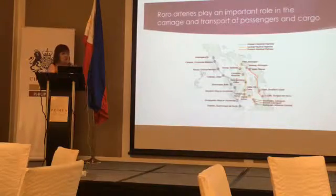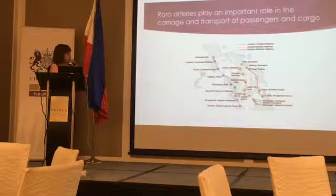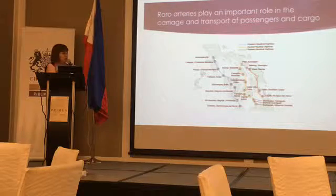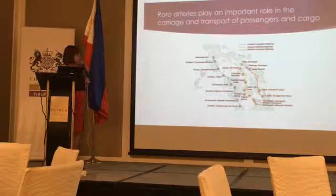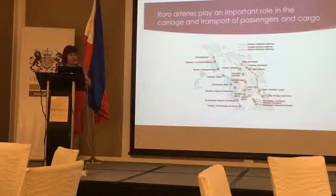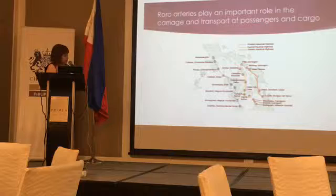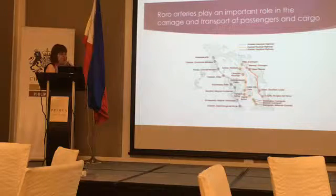Okay, so there is the Western Nautical Highway, we have the Central Nautical Highway, and we have the Eastern Nautical Highway. So briefly, let's look at it. In the Western Nautical Highway, we have from Batangas City to Calapan, Mindoro, and then you go down the road, then you reach Roxas, then you take the RoRo down to Caticlan, that's the Boracay area, and then you